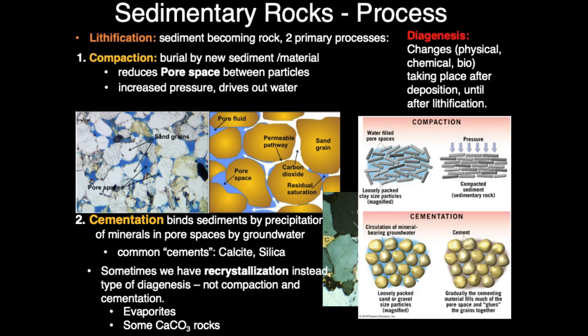With burial, diagenesis is usually promoted. As sediments are buried and subject to increasing temperatures and pressures, this process occurs within the upper few kilometers of Earth's crust, and the temperatures will generally be less than 150 to 200 degrees Celsius for diagenesis to occur. Once the temperatures reach this threshold of 150 to 200 degrees C, depending,